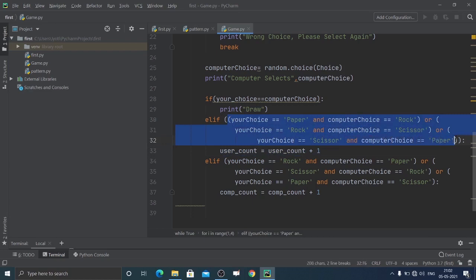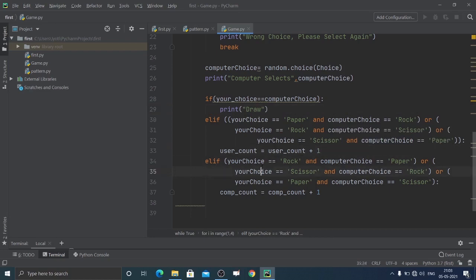The user can win only if the user has chosen paper and the computer has chosen rock, or if the user goes for rock and the computer goes for scissor, or if the user has scissor and the computer has paper. I'm using and and or operations to check whether any of them is correct. The or checks whether any of the conditions is true, and for each pair, both parts should be true, then only it will be true. So it will increment the score by 1.